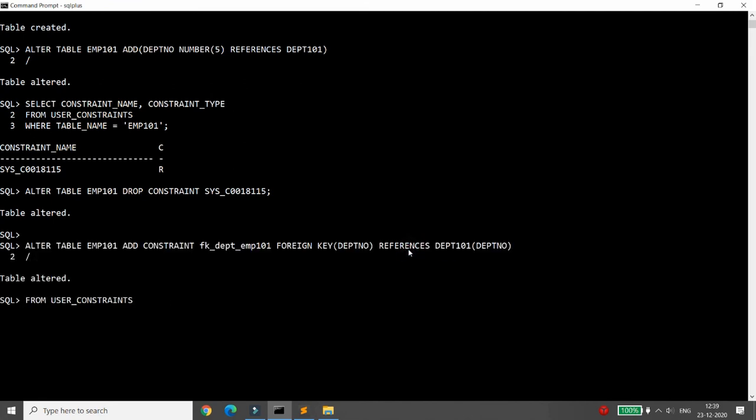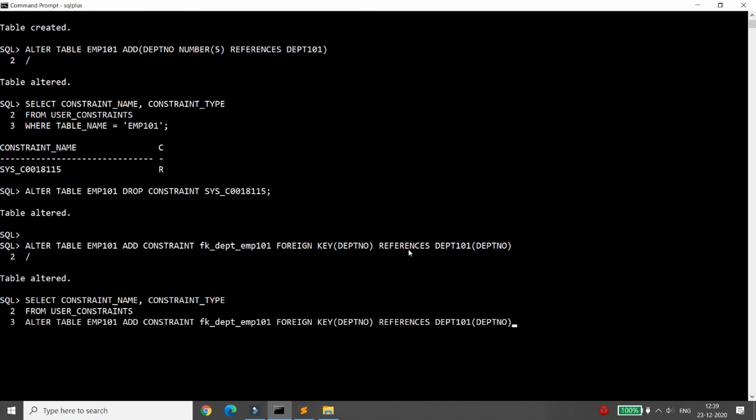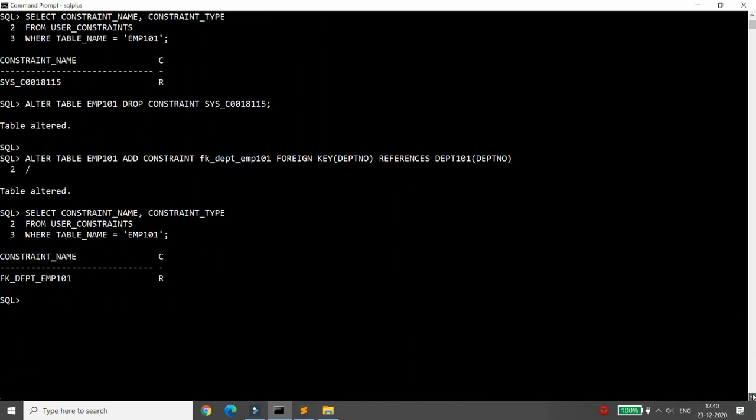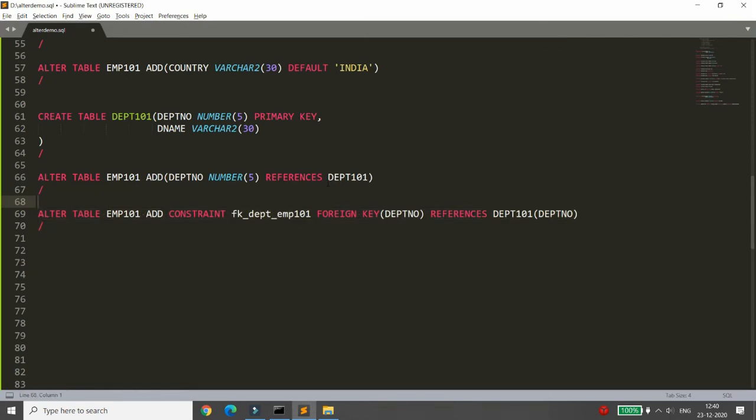Now suppose you run this: select constraint name, constraint type from user underscore constraints where table name is equal to employee 101. Then you will be able to see that one referential integrity is created over here. So not only check, not only primary key, you can add the foreign key using alter table also. Suppose you want to add a column over here, that is employee 101, add,